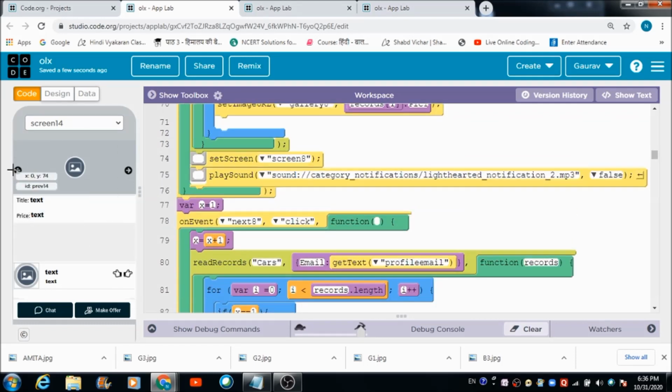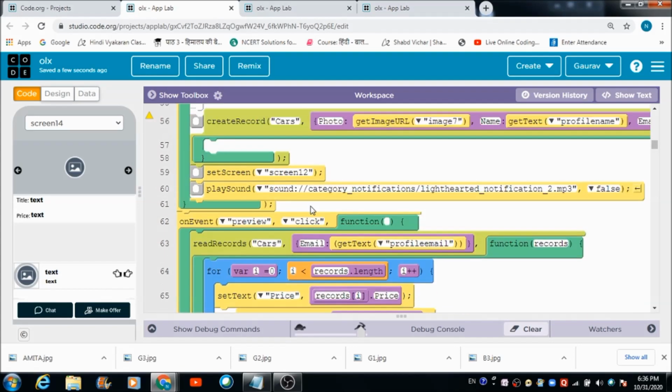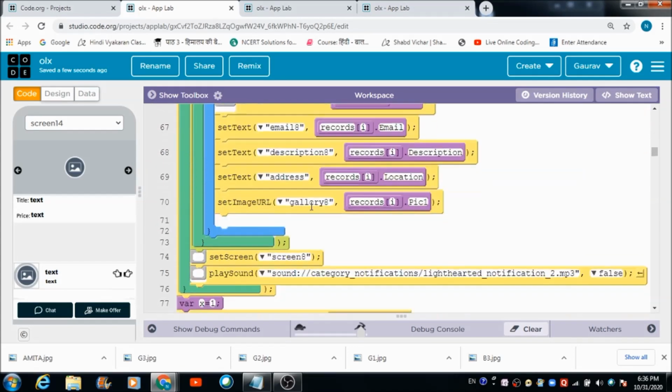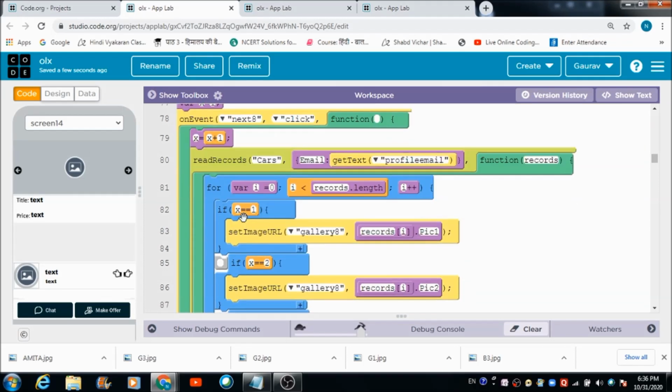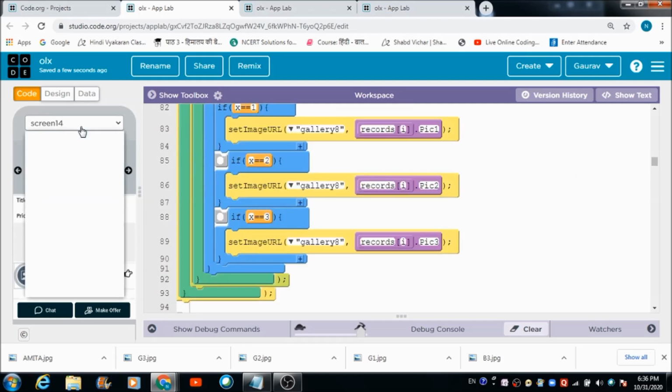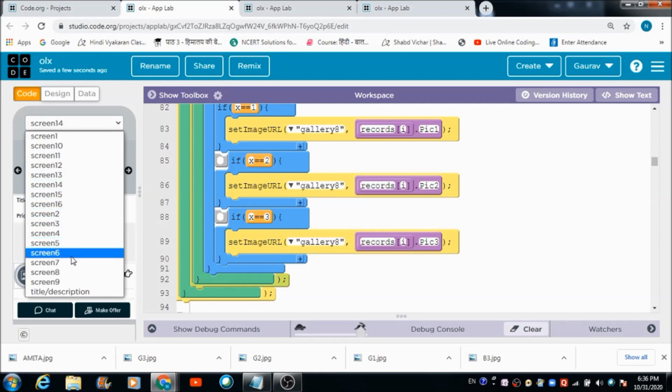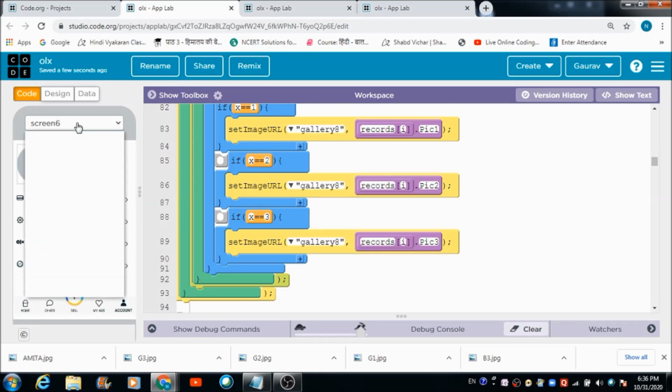I want to see the code for previous 14 and next 14. I think the code is not this one. This is for next 8 actually. Next 8 is on this screen,